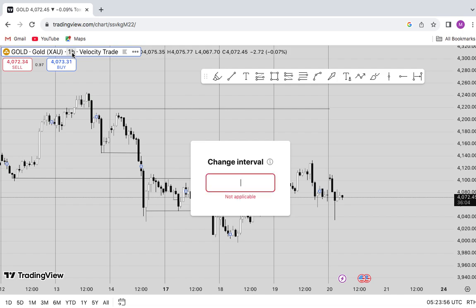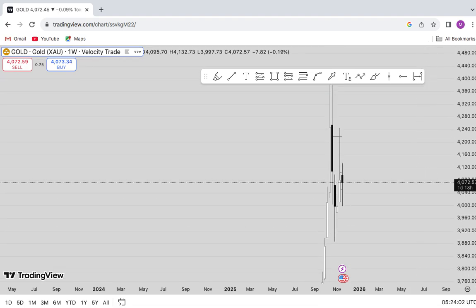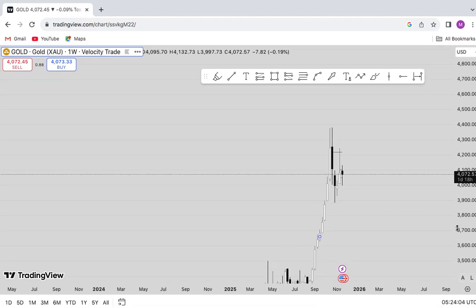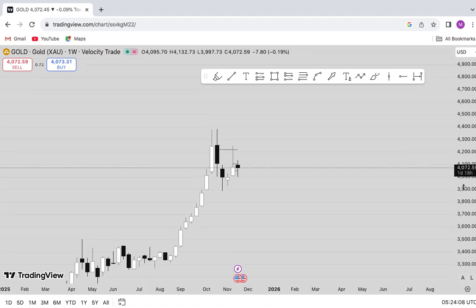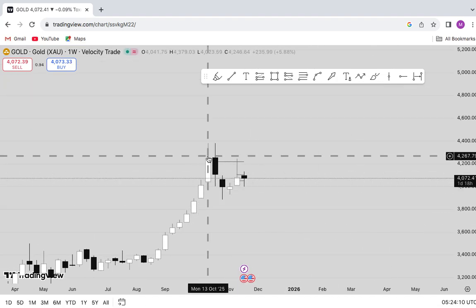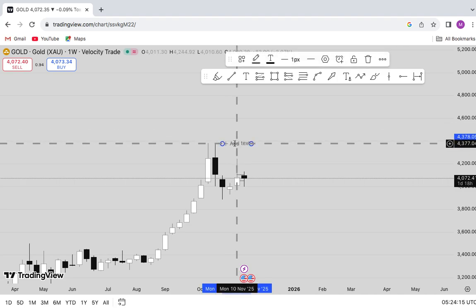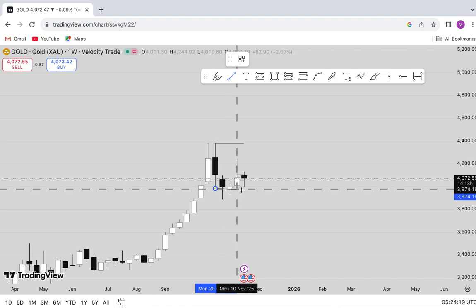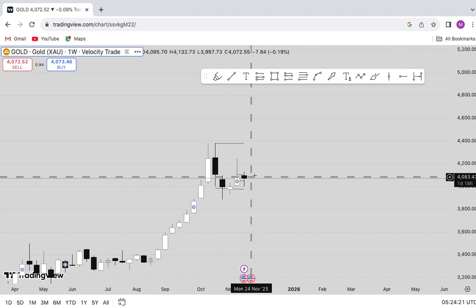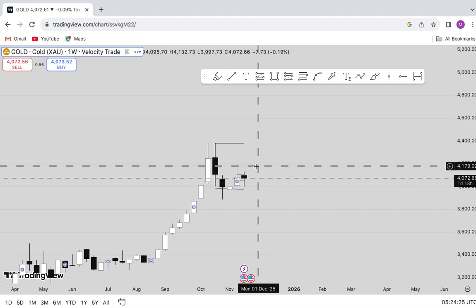So going to gold, I'm going to start from the weekly time frame on gold. So yeah, we have gold here. As you all can see, on gold we had a CRT. We had a CRT high as usual and our CRT low as usual. And I was expecting gold to push really up, but as you all know, I always tell you,